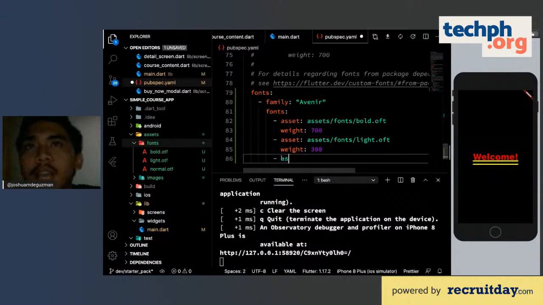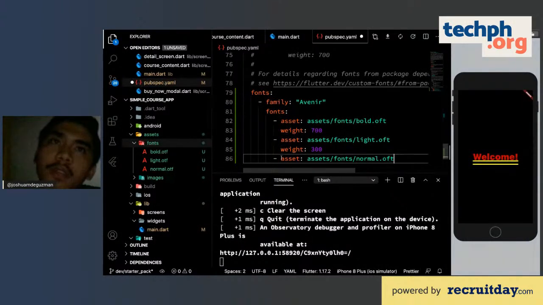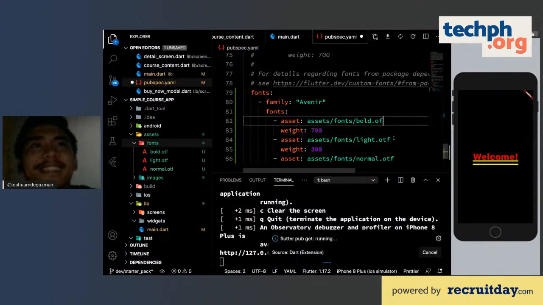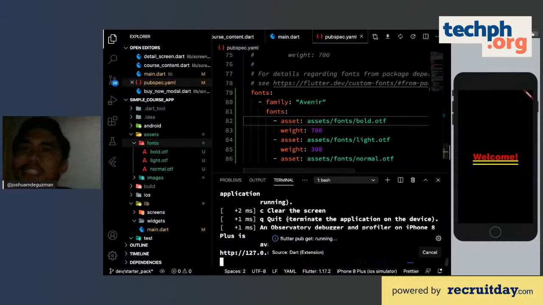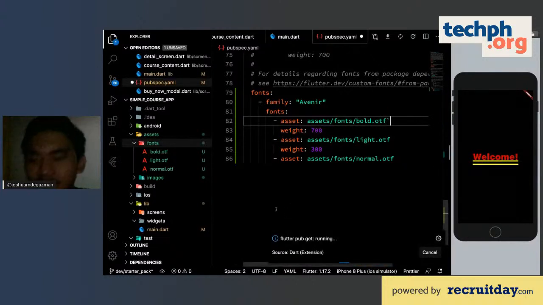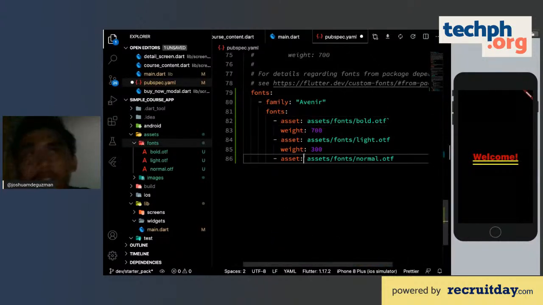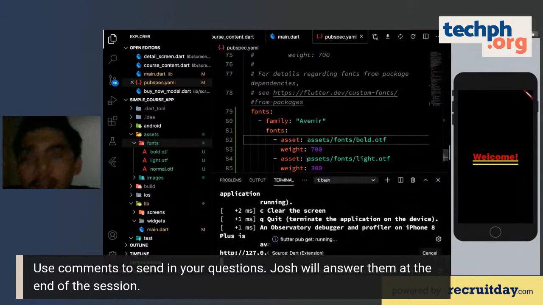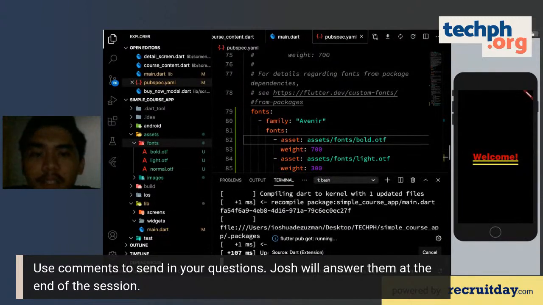Last but not least is assets, fonts, normal .otf, the normal OTF. Just have to undo with control Z, okay, hot restart it.